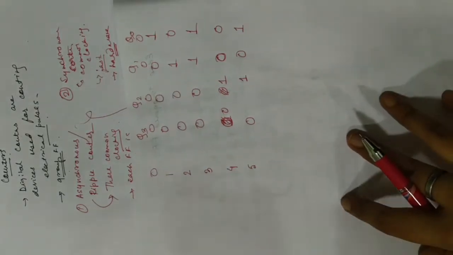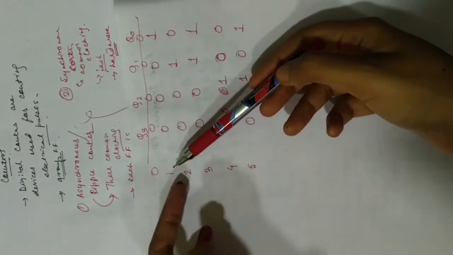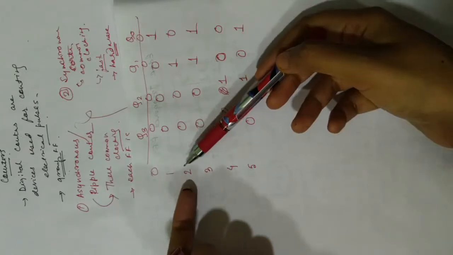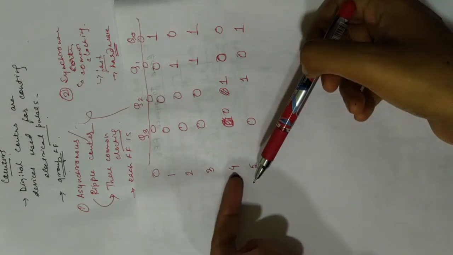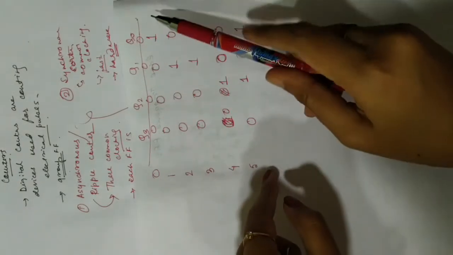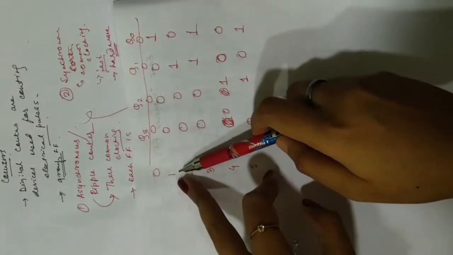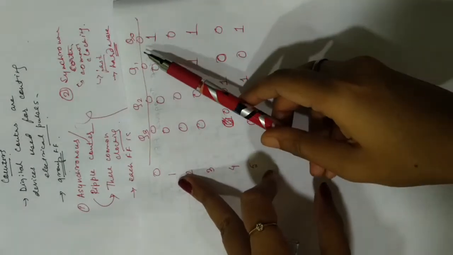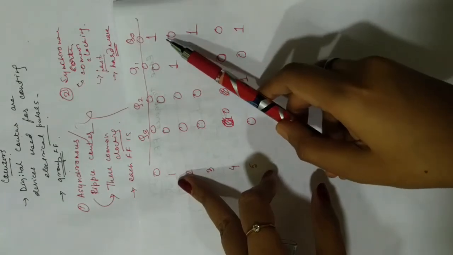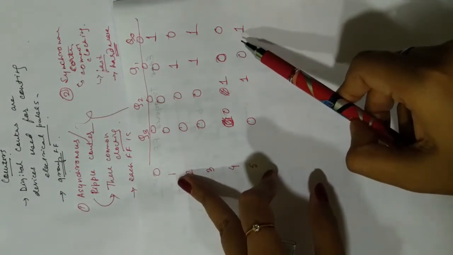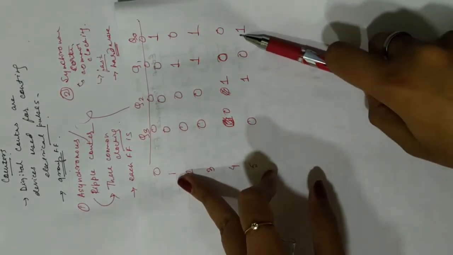So what I want you to see is, if we want to count pulses, obviously we will go from 0, 1, 2, 3, 4. This is how we'll count pulses. There's a sequence, right? In this sequence, we will keep on counting pulses. If you focus on the binary values of these decimal numbers, you have to notice that the least significant bit changes continuously, right? 0, 1, 0, 1, 0, 1. That means with each clock pulse, the least significant bit will keep on changing, right?